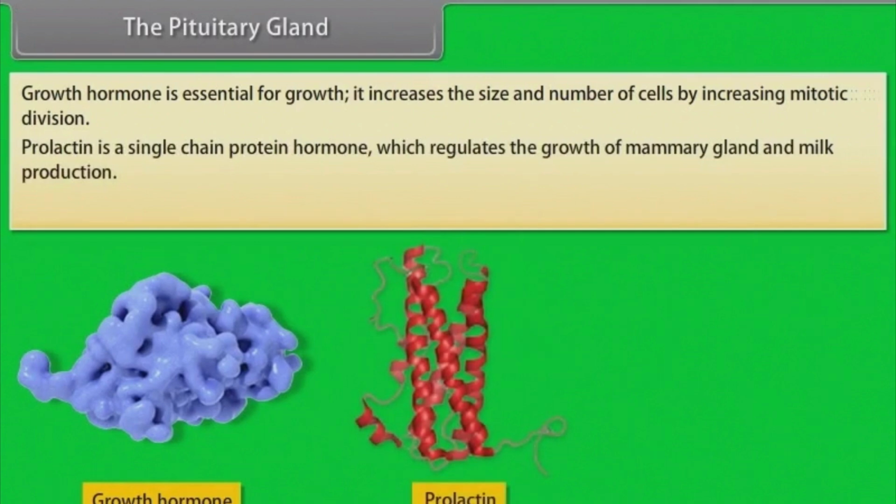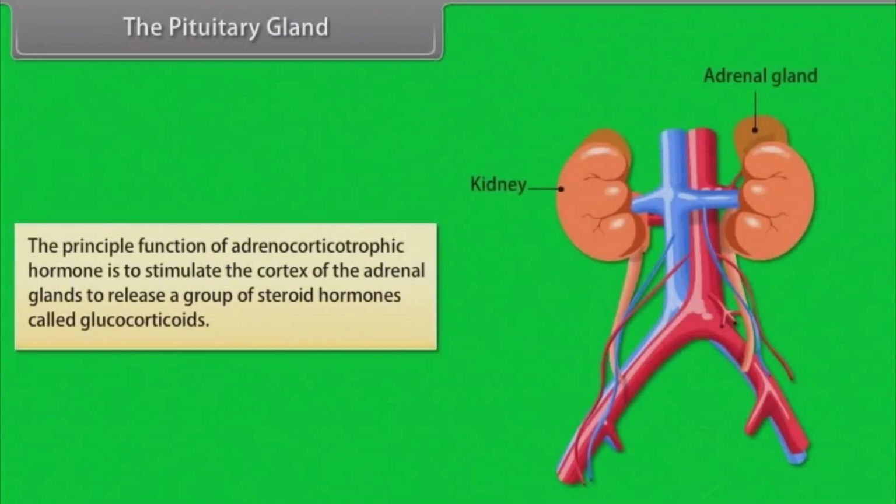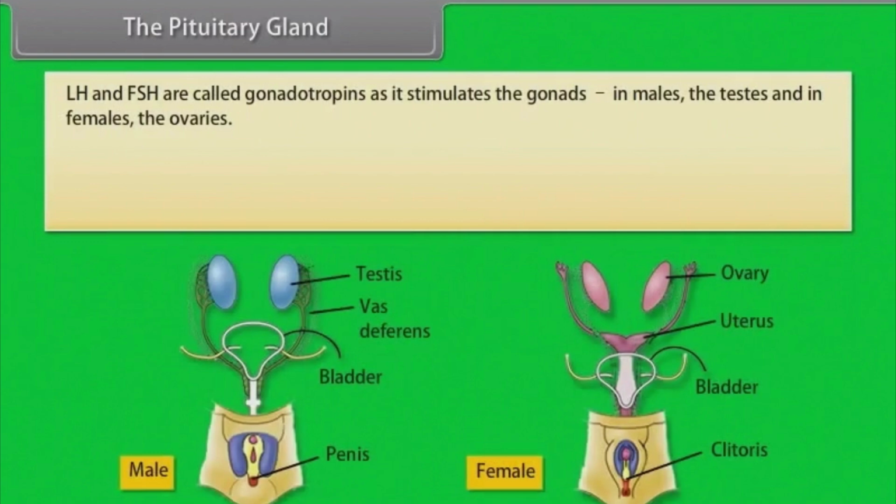Prolactin is a single-chain protein hormone which regulates the growth of mammary glands and milk production. Thyroid-stimulating hormone stimulates the thyroid gland to produce thyroid hormone. The principal function of adrenocorticotrophic hormone is to stimulate the cortex of the adrenal glands to release a group of steroid hormones called glucocorticoids. LH and FSH are called gonadotropins as they stimulate the gonads, in males the testes and